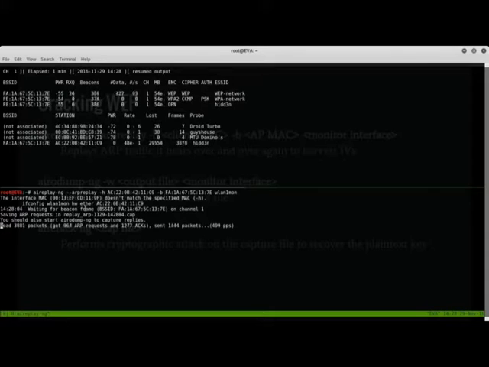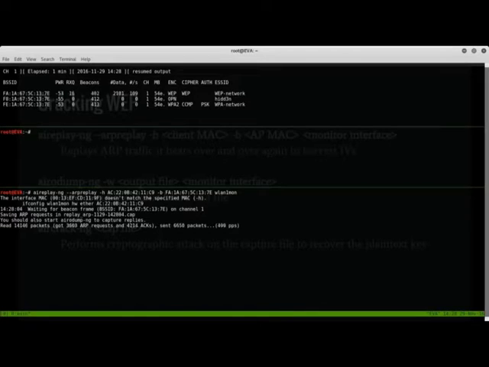Alright, so now it's captured an ARP packet, and now it's just continually replaying this. So now we're making bank on all these data packets. So lastly, what we need to do,